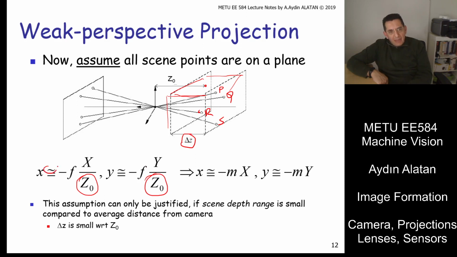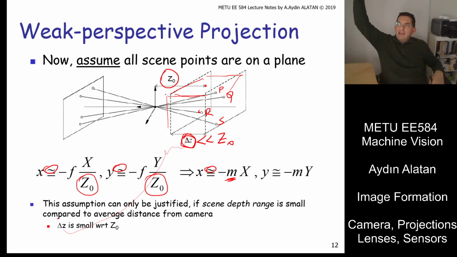We approximate them to be equal to Z0, and therefore we will have approximately this relation, approximately equal to m. Hey, when is my approximation good for me? Well, once your delta z is much smaller with respect to Z0,